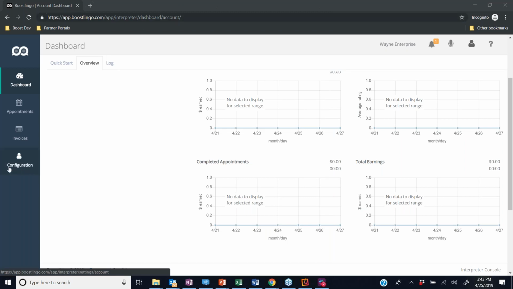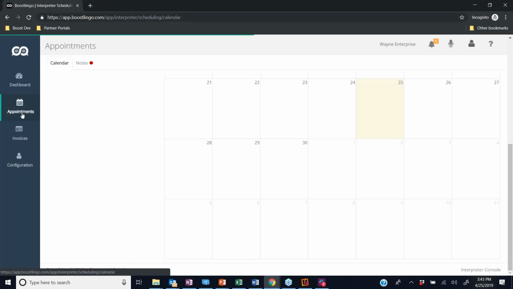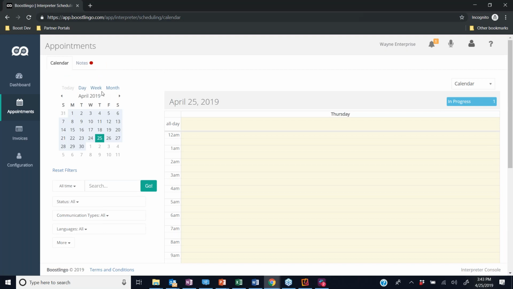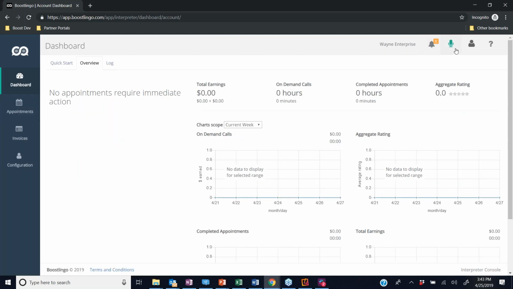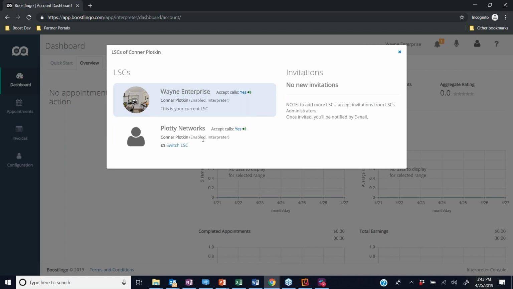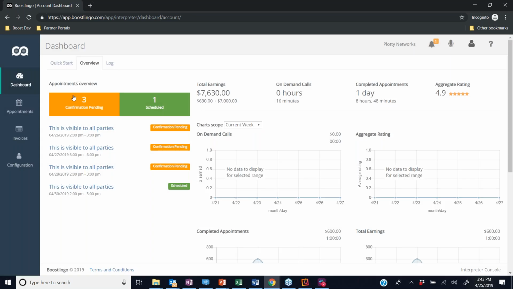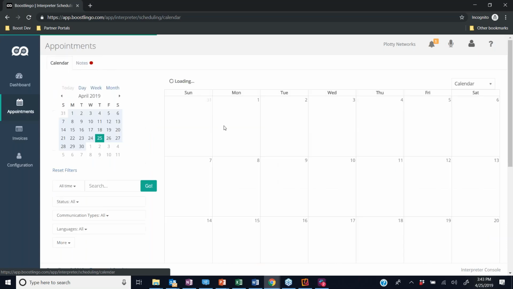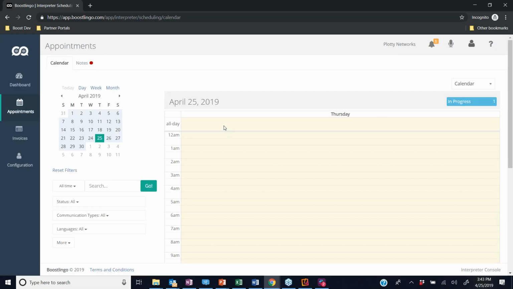And let's take a look at the web on the Appointments tab. So this is important. The Appointments tab allows you to search for and find, filter different appointments. Unlike the Dashboard tab where you have all your actionable items, let me go ahead and switch between the LSC here. Unlike the Dashboard where all you have are actionable items, the Appointments tab allows you to go back and filter for